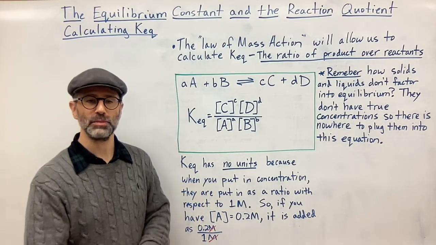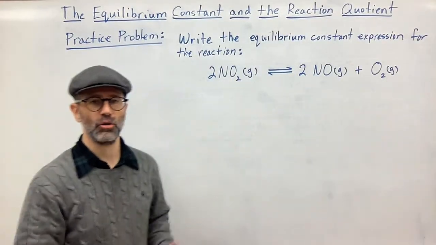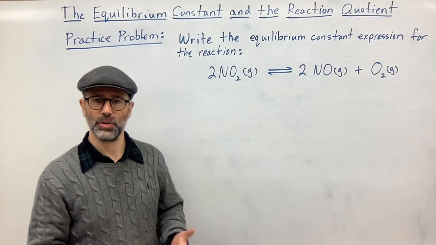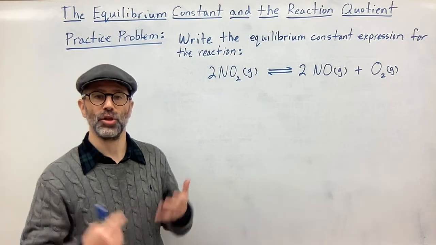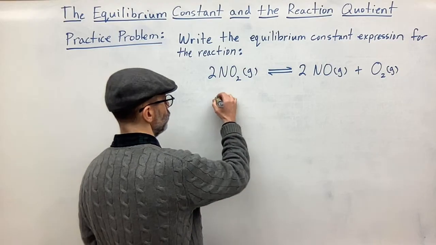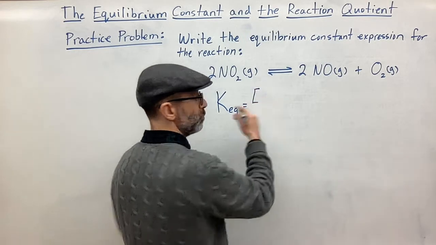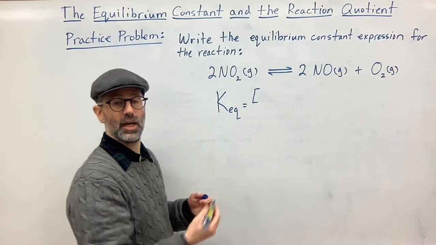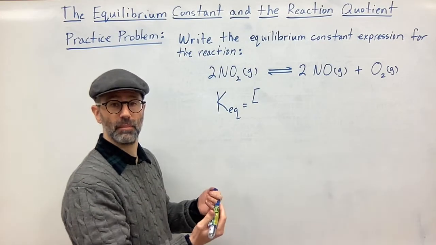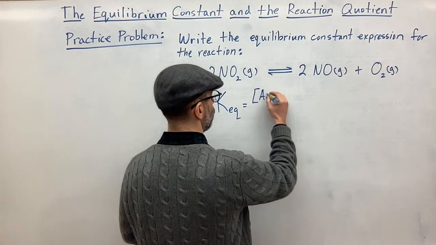Okay, let's go over a practice problem and see how this works. So we're asked to write the equilibrium constant expression for the reaction. So they want KEQ. We have to remember that according to the law of mass action, KEQ is going to be equal to the concentration of products raised to their coefficients divided by the concentrations of reactants multiplied and raised to their coefficients. So if we write the generic form again, that would be,